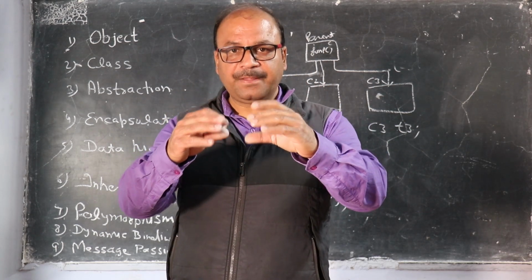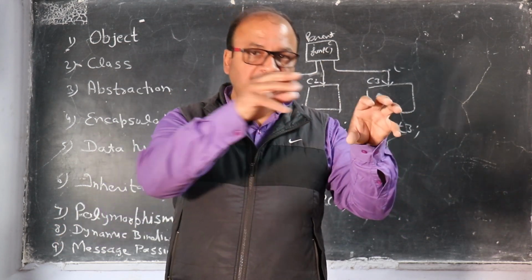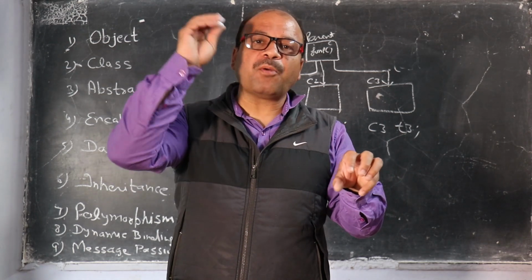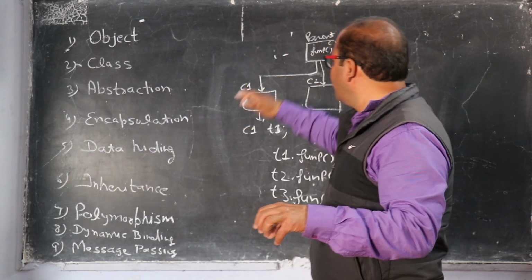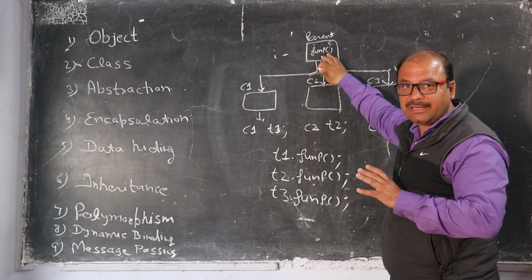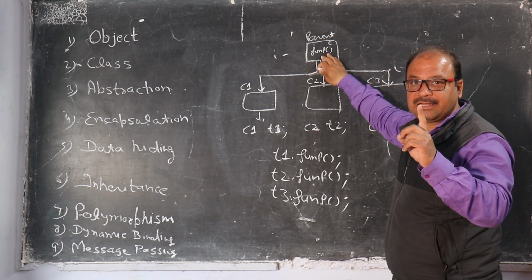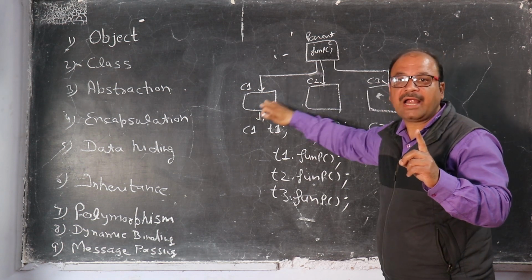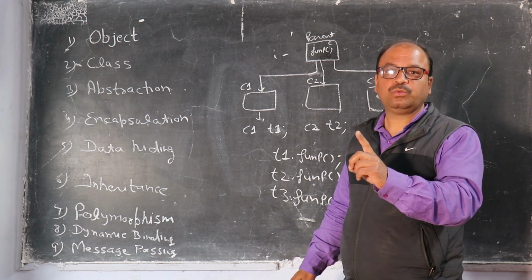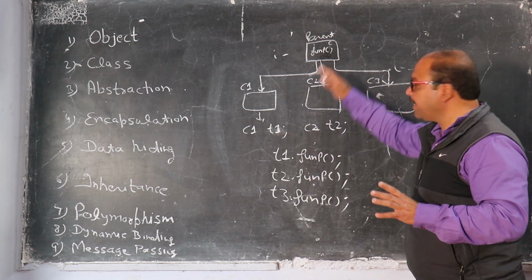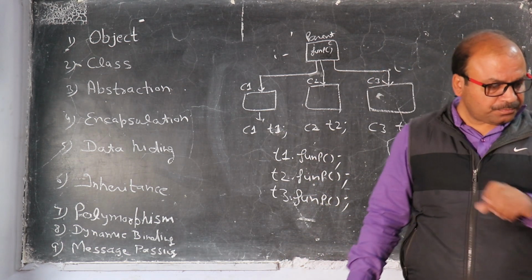एक फादर है, उसके 3 बच्चे हैं, वो तीनों बच्चों में एक पर्टिकुलर प्रॉपर्टी जो फादर में थी वो तीनों बच्चों में आई है, राइट? The property of the parent class, single parent class, is acquired by its children. Children are two or more than two, right? So this is called the hierarchical inheritance.